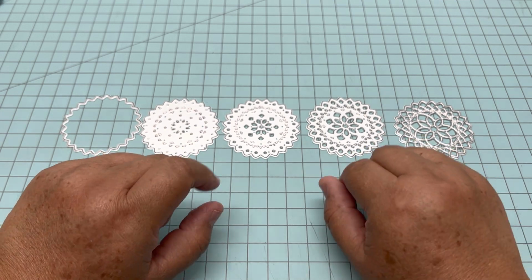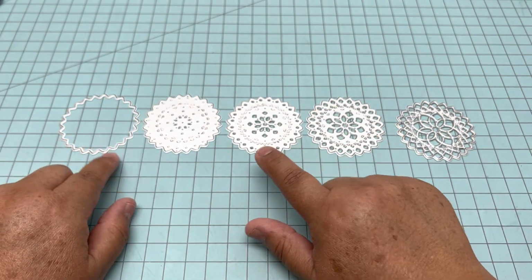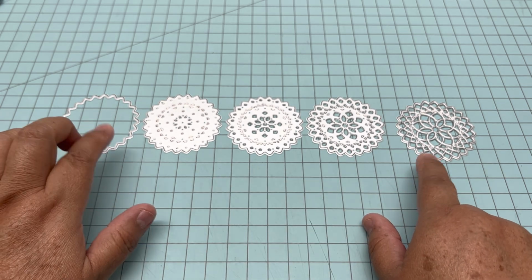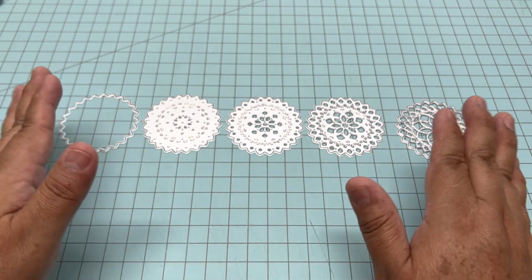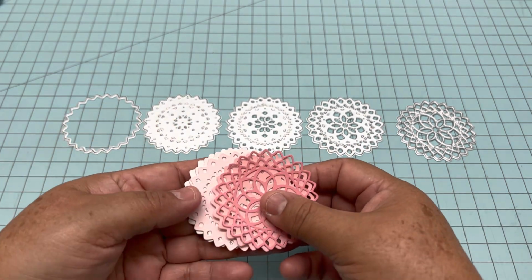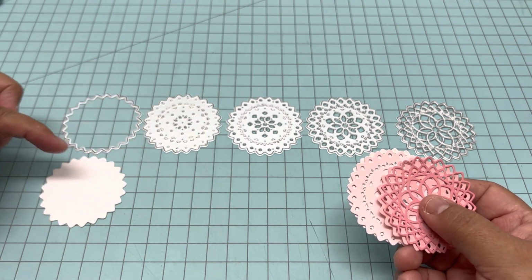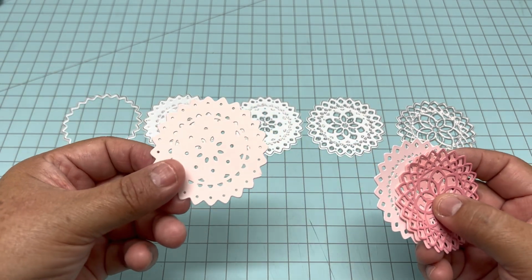This is another set of dies from Inlovearts, and as you can see right here, there are 5 pieces, and each one cuts different, and you can layer them to make a beautiful flower. And here are the pieces that I cut. For example, the first one, it just cuts around. Then this is the second one,